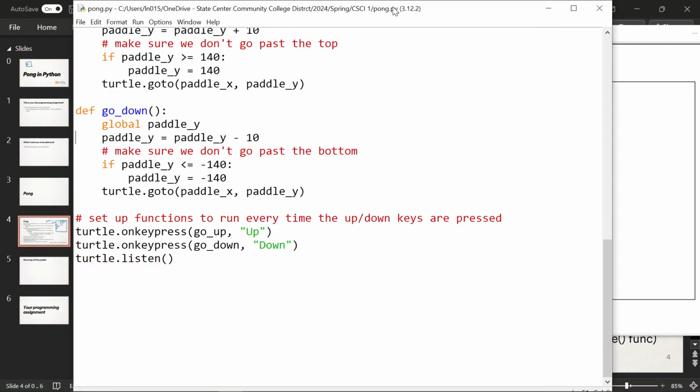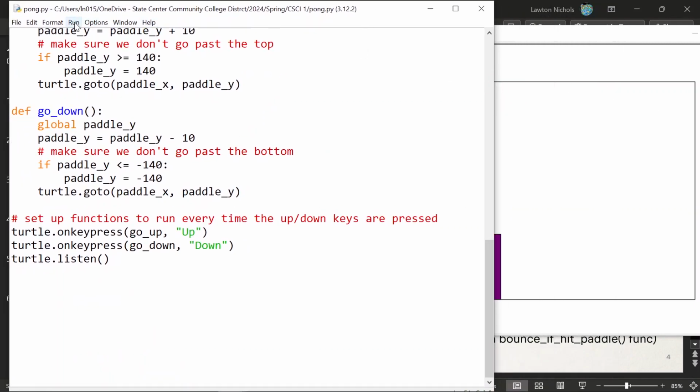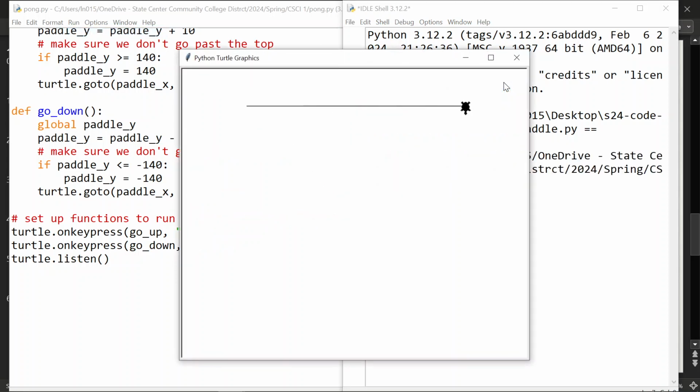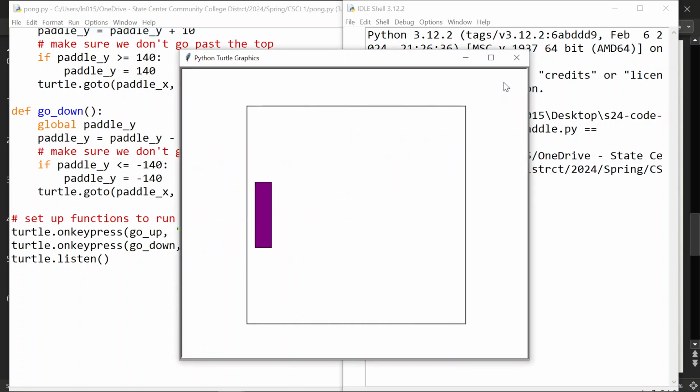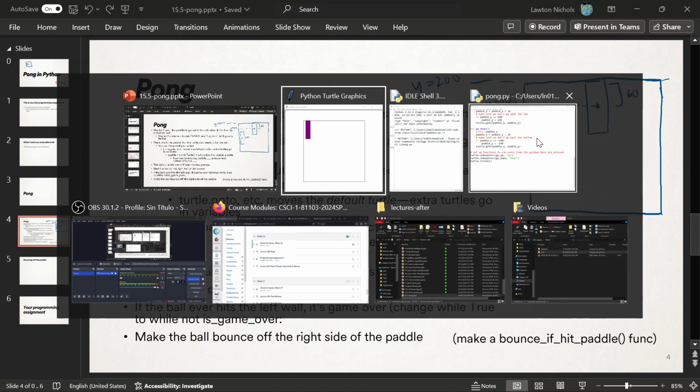And so now we have the paddle program, just the paddle program, and we need to add the rest. So right now my pong.py looks like this. There it is. So yeah, the next piece of the puzzle is to add the ball back in. Okay. So that is actually going to be a little tricky because if I go back to, here's the paddle